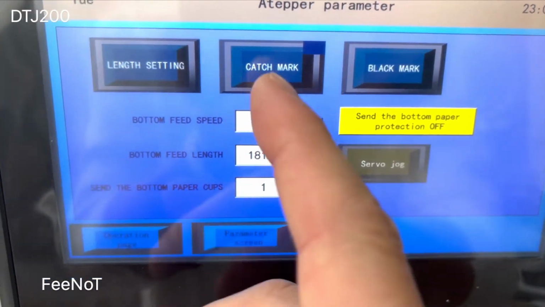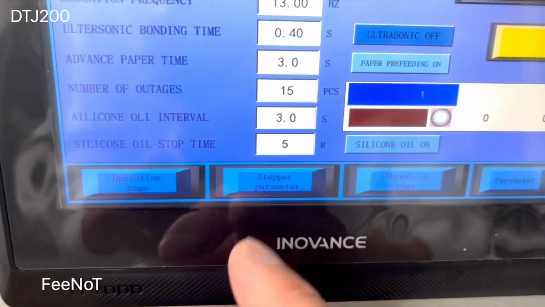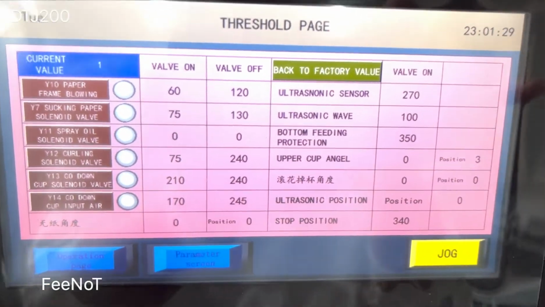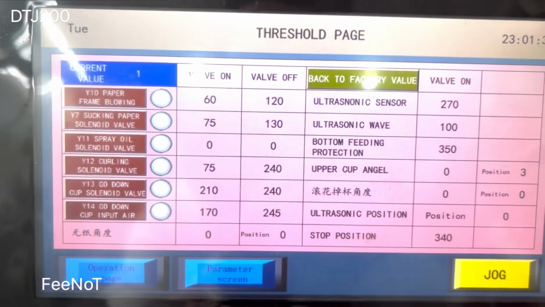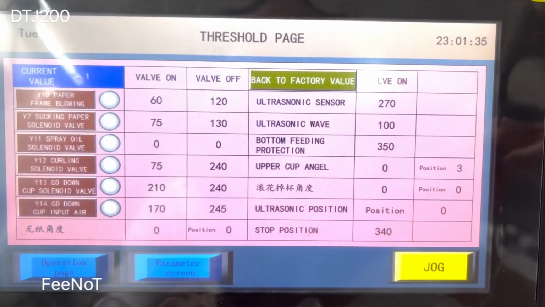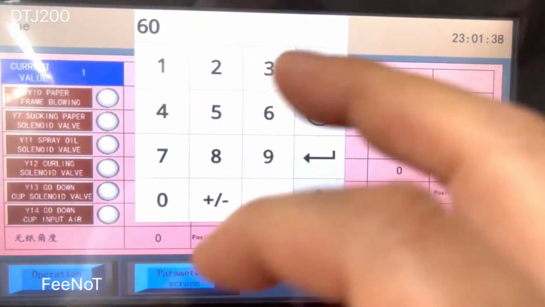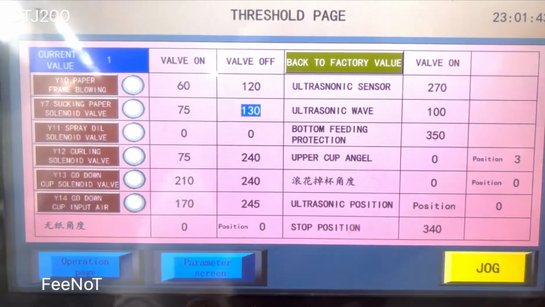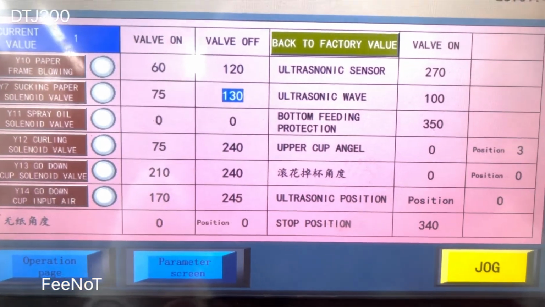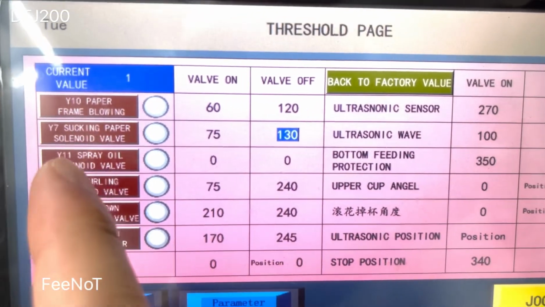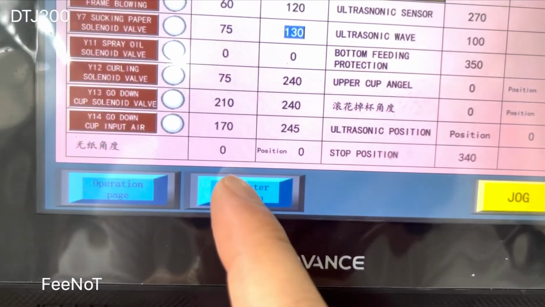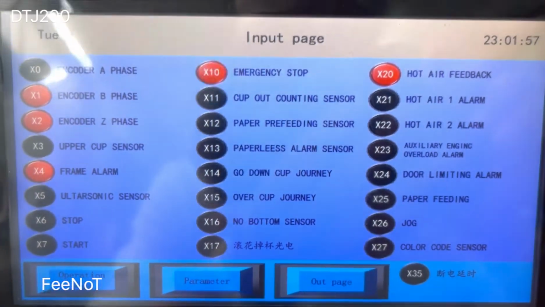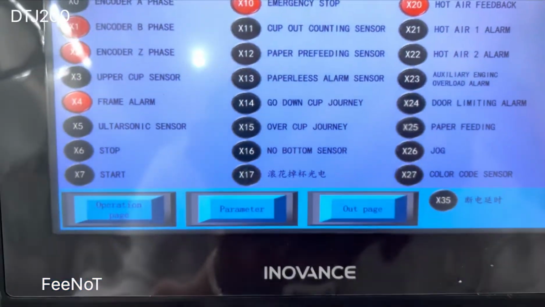The length setting, and the catch marks, and the black marks parameter, and here is for the page to explain the angle, the machine's angle. If you have any problem later, you can change. If you have any problem, you can show us the angle. We can tell you how to do it. Or the oil, and the curling, the paper fair, and also you have the parameter page operation, and the IR motor. This input page and output page, IR motor,